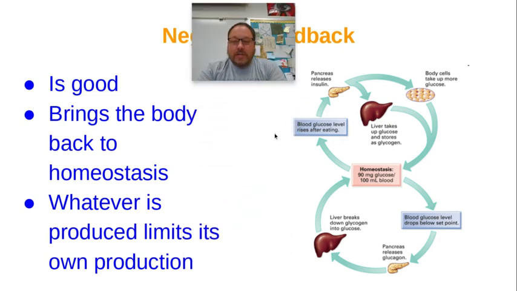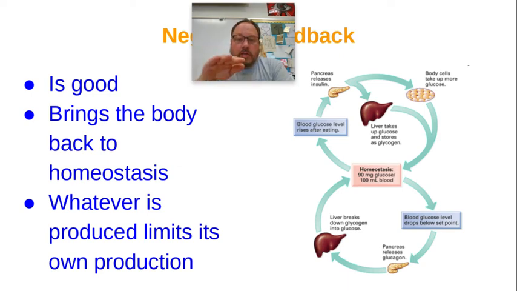So here we look at blood sugar. Your blood sugar maintains a level of about 100 micrograms per deciliter, I believe, is what the units are. So you try to basically keep it at 100. Now, if you eat a meal and your blood sugar goes up, then you've moved away from homeostasis, right? So what will happen is your pancreas will release a hormone called insulin, and then insulin causes your blood sugar to go back down to 100.